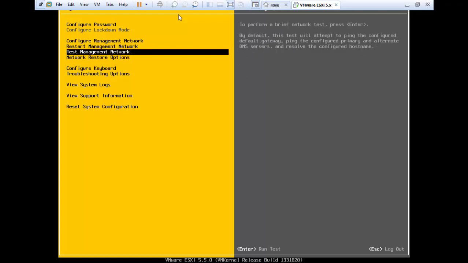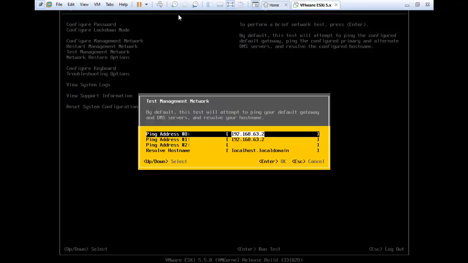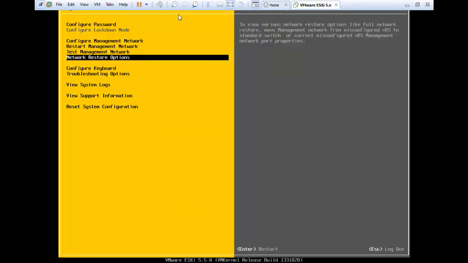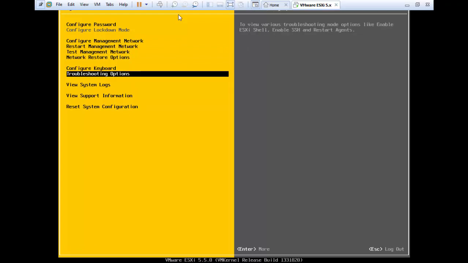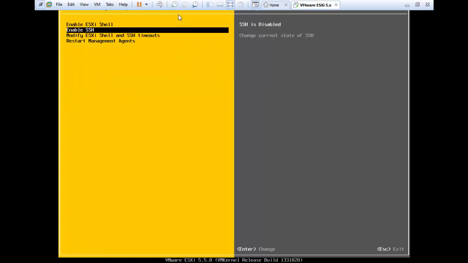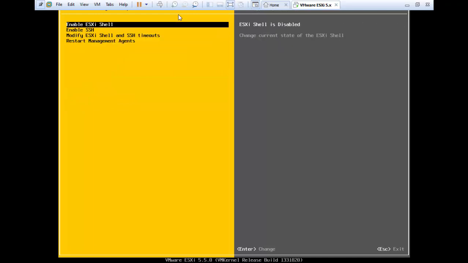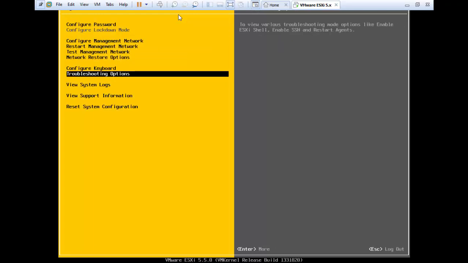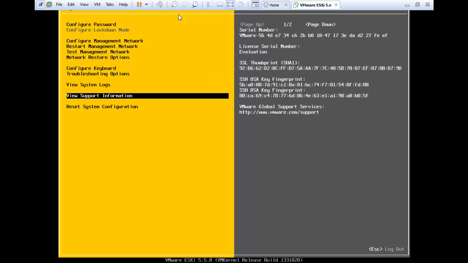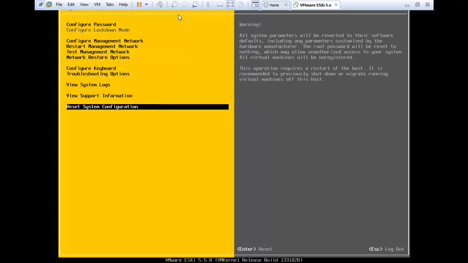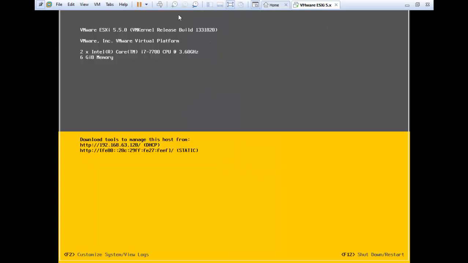Whatever testing you have to do, you can do it from here. You can restore the network and configure the keyboard. There are some more troubleshooting options, and it provides a shell for troubleshooting. All these menus help us modify the settings of your VMware ESXi server. You can come out by pressing the escape key, and now we are back on the dashboard.